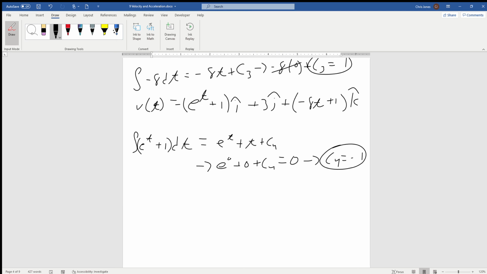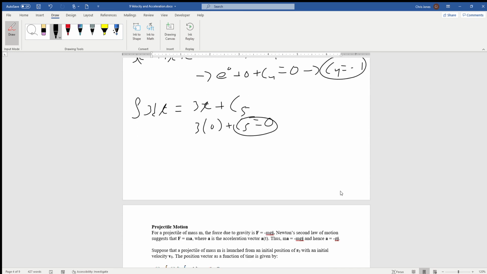We have the 3 for j. This one's going to be pretty easy. So 3t is the antiderivative of 3 plus c5. And when we substitute 0 back in, that should be equal to 0, which means that c5 is going to be equal to 0. And then finally,